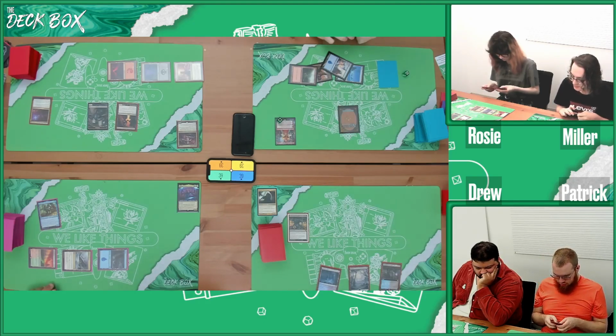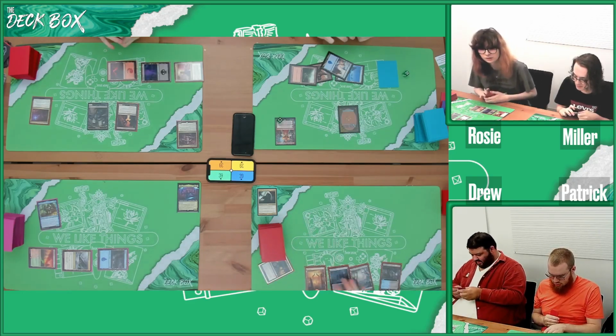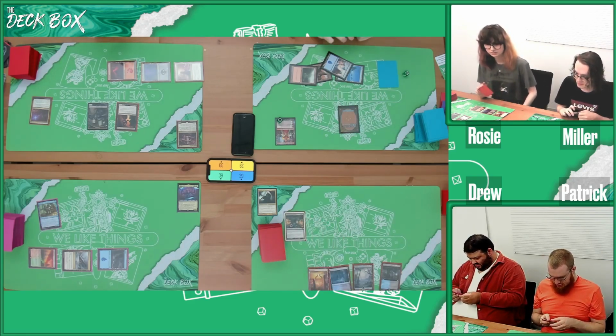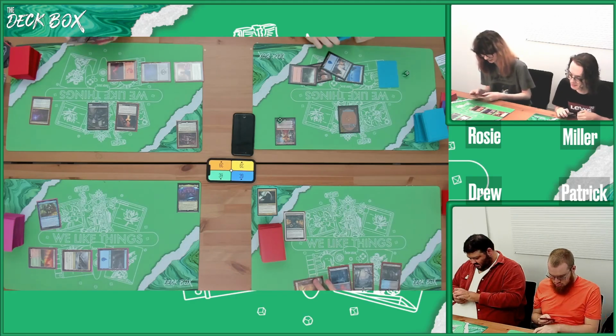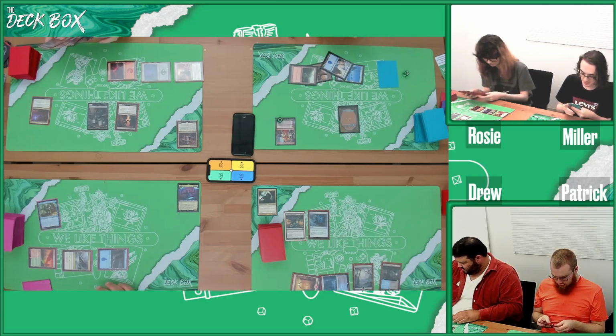I will untap, draw. And everyone is about to hate me. I'm just reading what type of card it was. How do I get rid of an enchantment? I will start with a Dimir Signet and